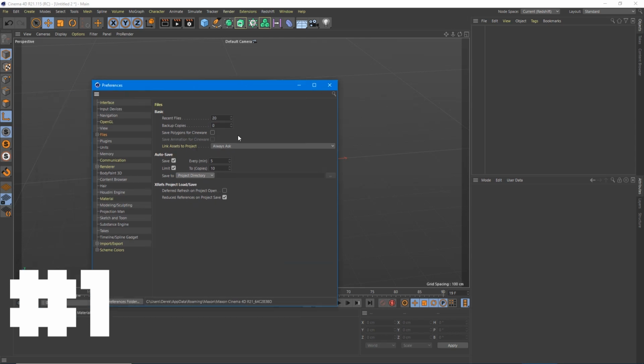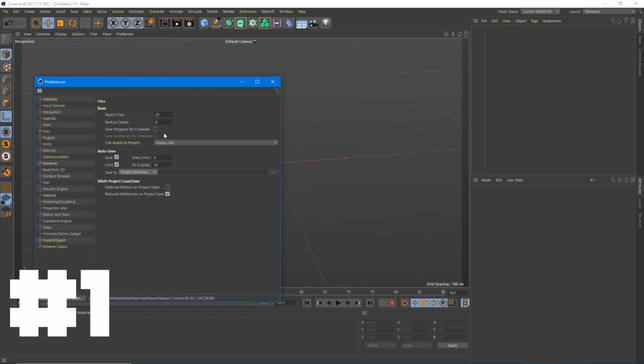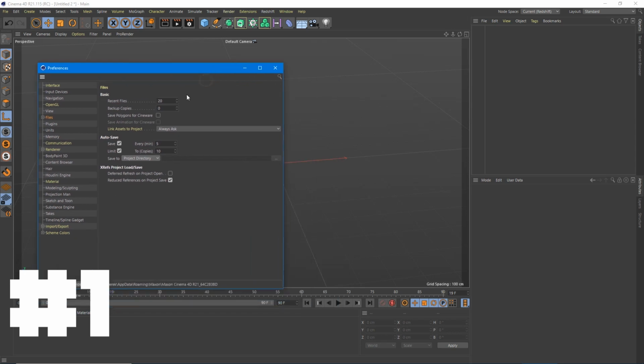I've saved files all over the place, and then stuff has crashed, and I'm like, where the heck are my autosaves? Why didn't it autosave? And it did. I just didn't know where to find them, and they have tricky names sometimes, so it's hard to find them. Okay, so there you go.